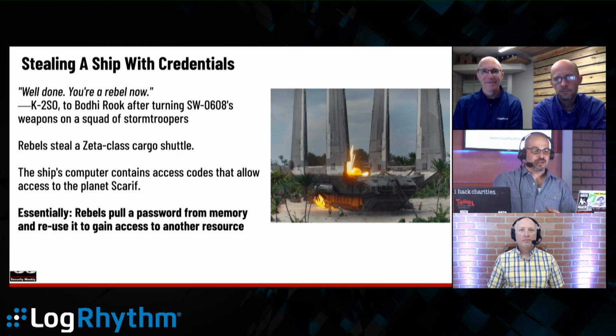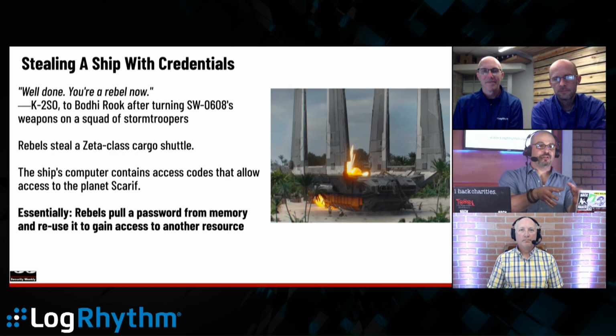In Rogue One, they steal a ship, right? So essentially they're on a planet. I won't go into the whole backstory, but they end up stealing on a particular planet, not the one that they're going to go to. But they steal one of the Empire ships, right? And the pilot actually is an insider who's turned, right? He was a pilot for the Empire. Now he's working